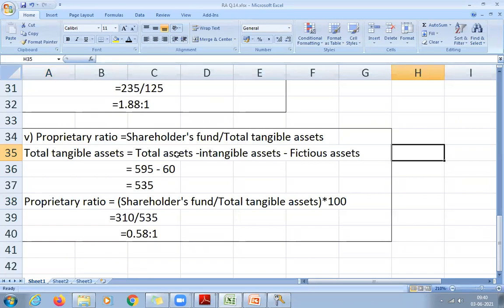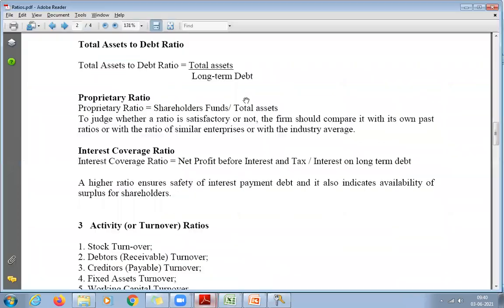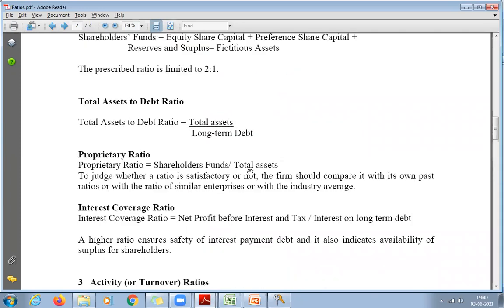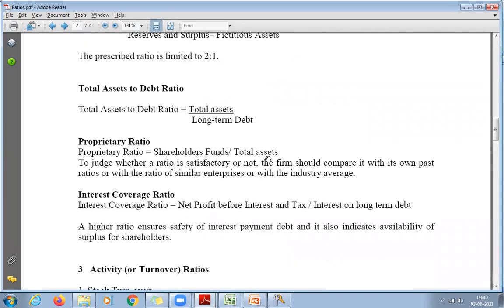Okay, sir. Then when you do this, you will get the total tangible assets. So whatever total assets are given in the balance sheet, do not take directly. First you have to calculate tangible assets, then only you can substitute in the formula. I think in the ratio formulas I gave, this was not considered, or he has not given the explanation. For some ratios he gives explanation, like here he has explained long-term debt and shareholders' fund. I think for this he forgot to give. Anyways, I'll try to edit it and send it to you once again.